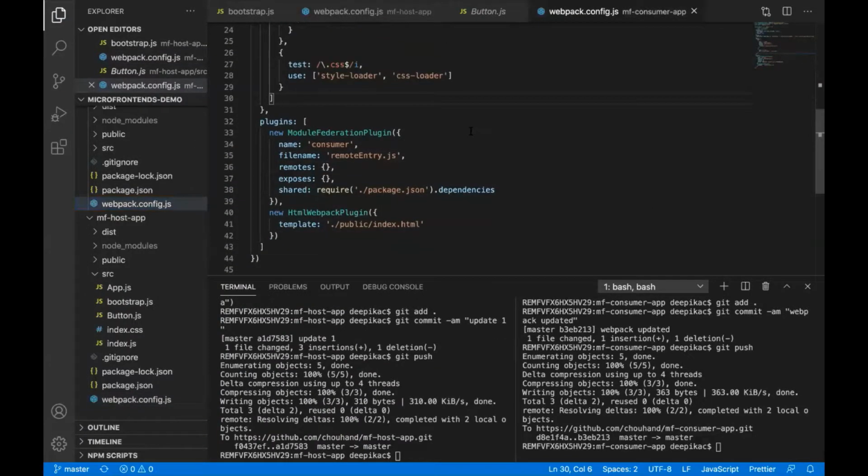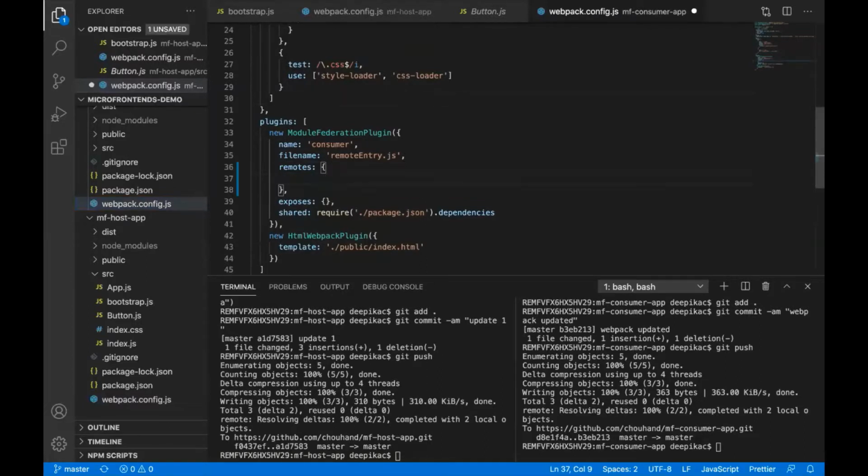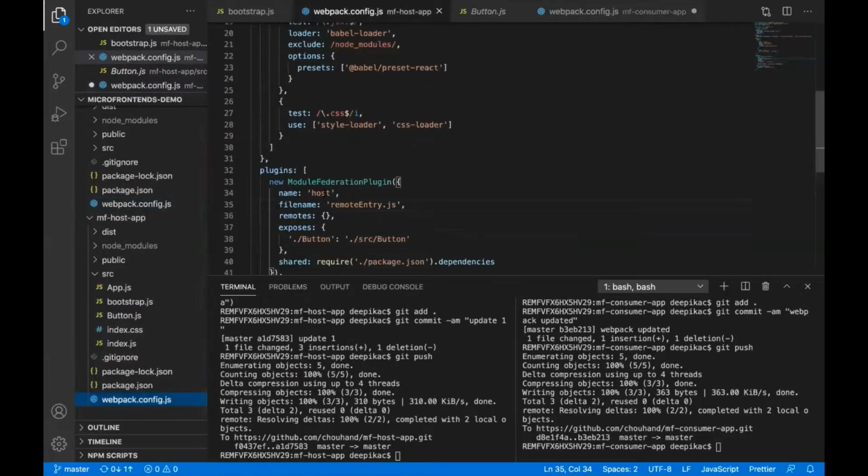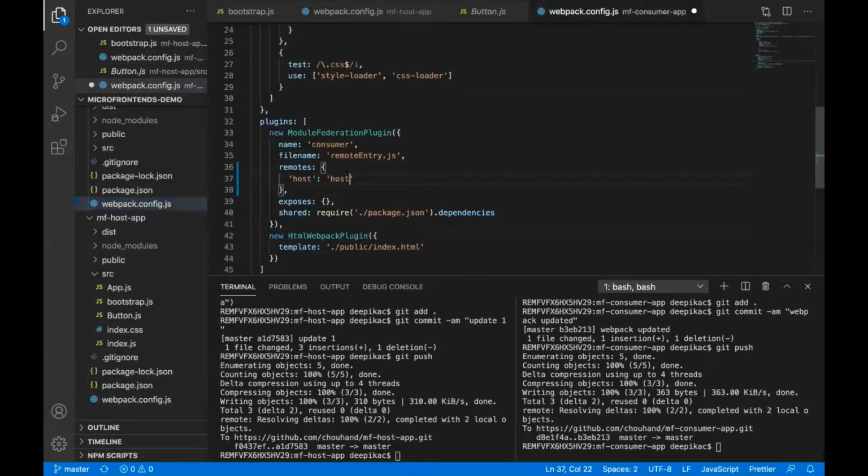As it is going to use the button component exposed from the host application, it should be written in remotes. So in remotes, let's say host. This name, you can actually give anything you want to use in this application, but this name should be exactly similar to the name you are giving over here from the host application. So host @